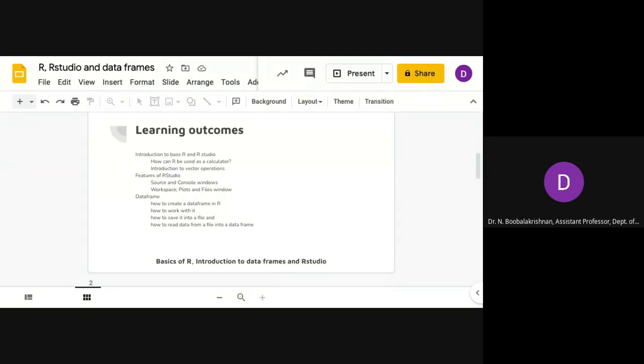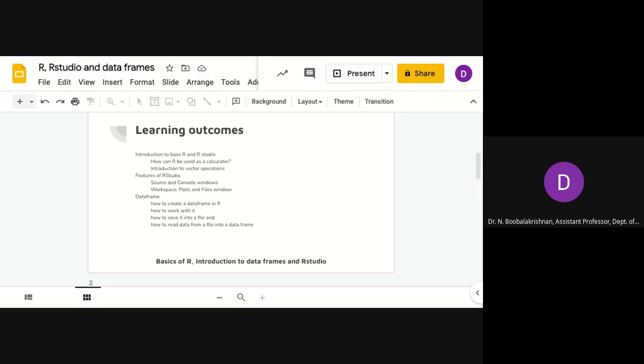Okay, the third objective is the data frames. Don't get scared about this technical term, data frame, which is what we call a data set, because for analysis we need some sort of data.